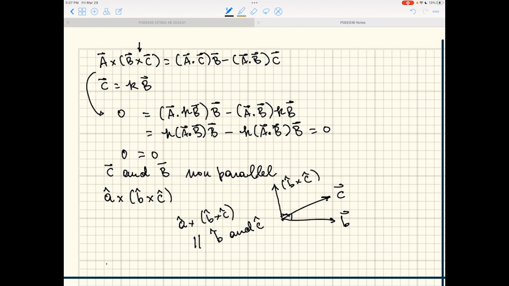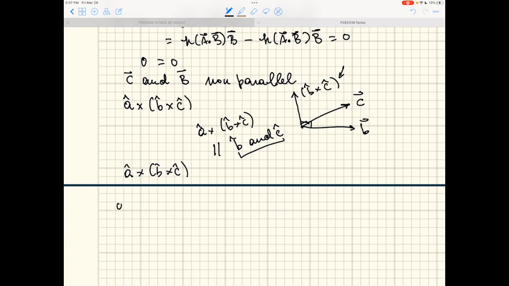So what we have, A cross B cross C, right, is a versor that's orthogonal to B cross C, which is going to be in the plane parallel to B and C, on the plane that contains B and C. So it means that A cross B cross C, being in the plane formed by B and C, can be made as a linear combination of those two versors. Let's say P times B minus Q times C. So these are two scalar factors